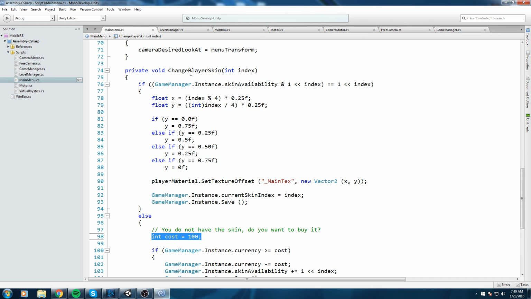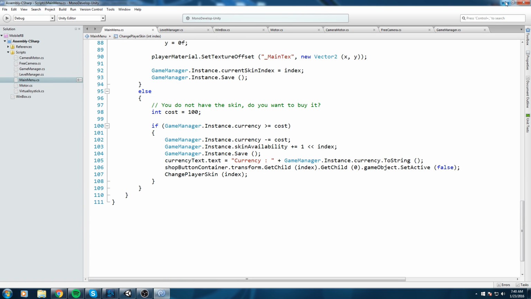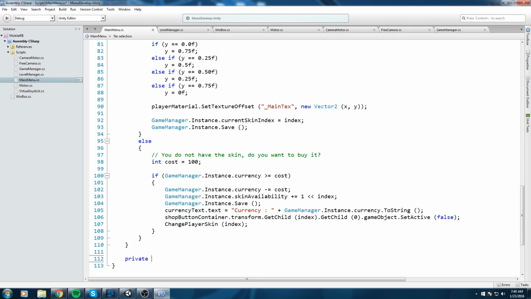What kind of information do we have? We have the index. We also have the shop button container object. How exactly could we tackle this problem? We could simply create an array that contains amounts. So basically what we could do is say down here, I am going to declare a private int array of